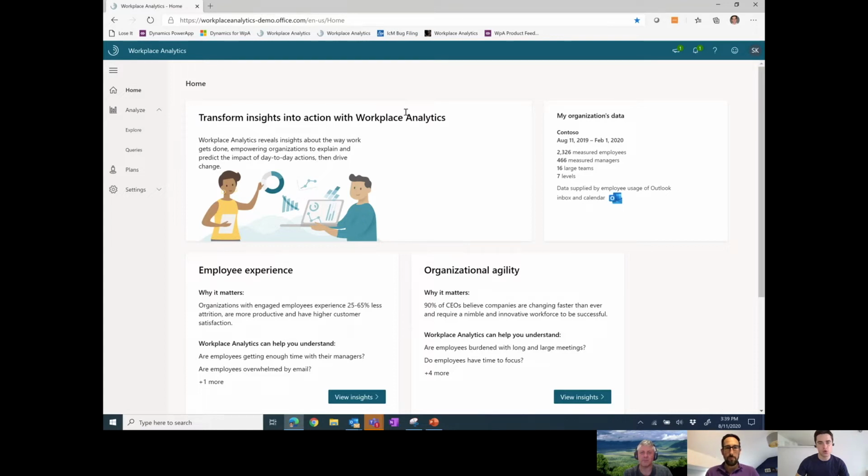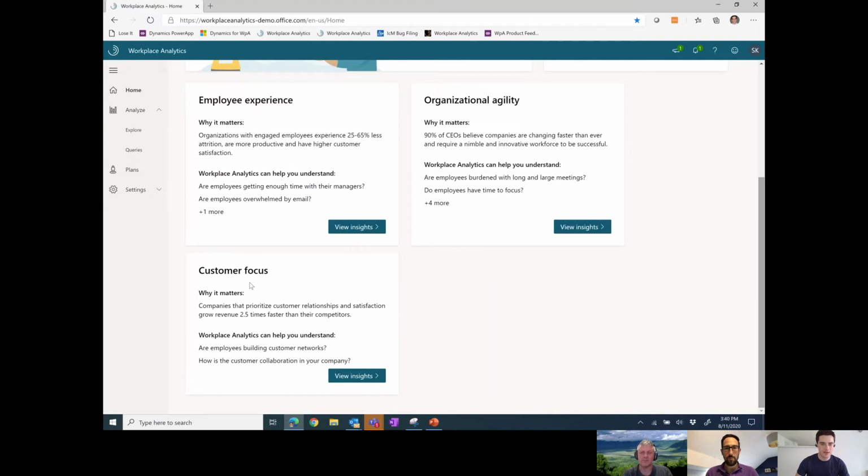One is employee experience. So how do we create an engaging experience for employees? One is around organizational agility. How can we enable our organization to be more efficient in the way we collaborate? And the last is customer focus. And that's how can we improve how we serve our end customers or suppliers, and make sure that we're developing deep relationships